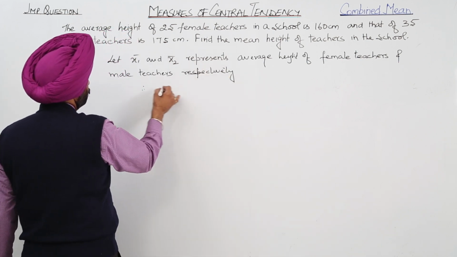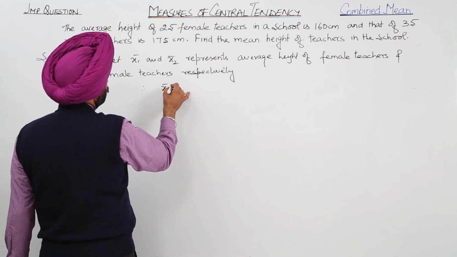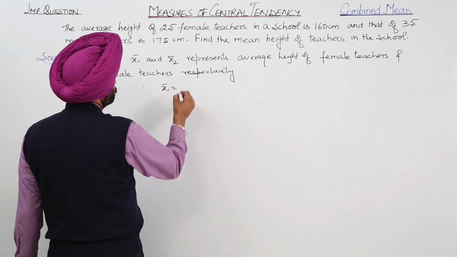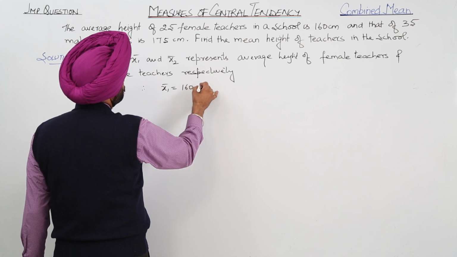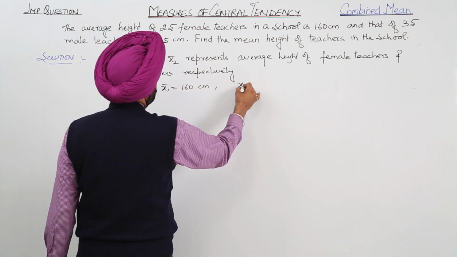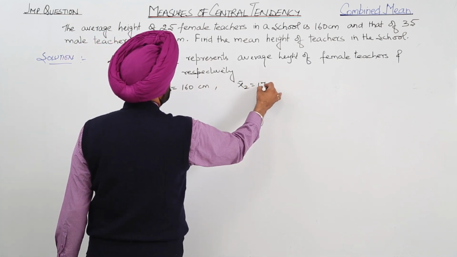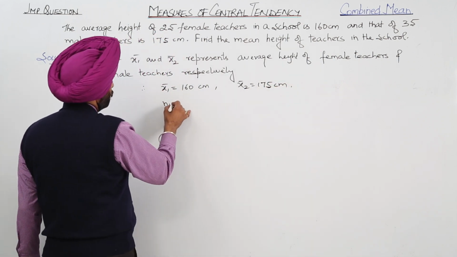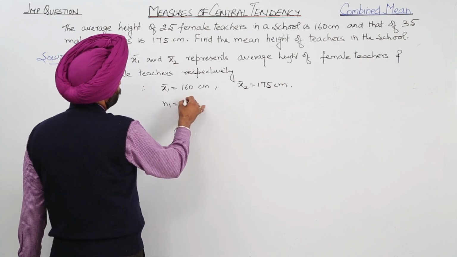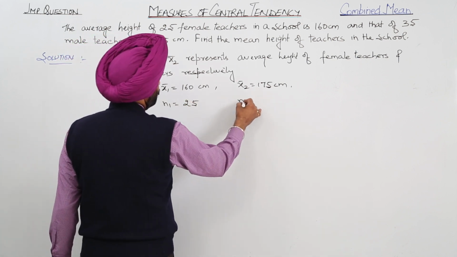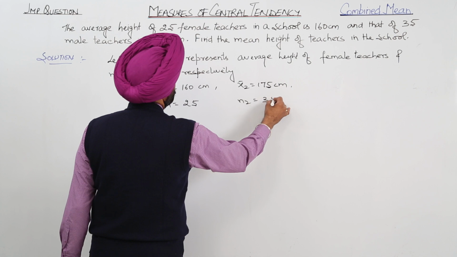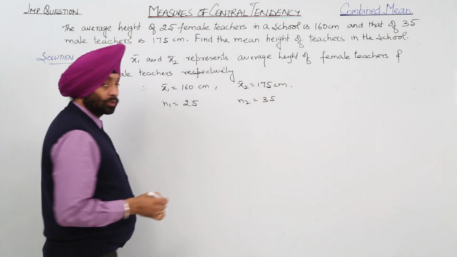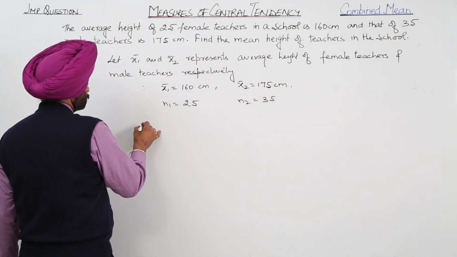Now therefore, x1 mean is 160 centimeter, x2 mean is 175 centimeter, n1 is given as 25 female teachers and n2 is given as 35 male teachers. Now, the formula: